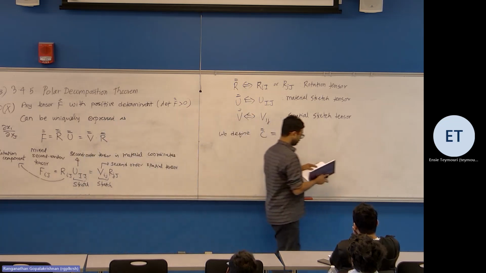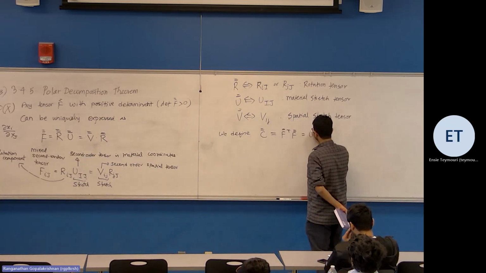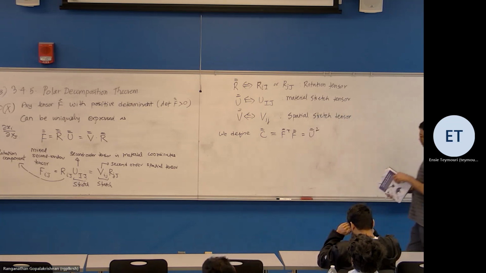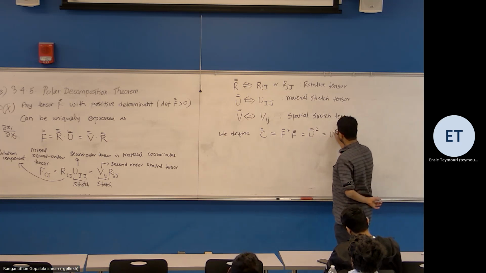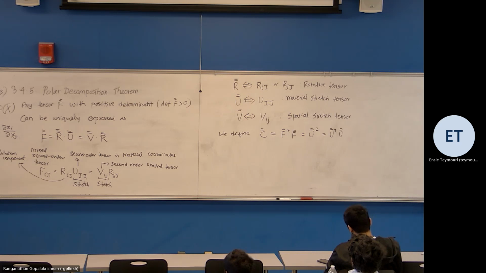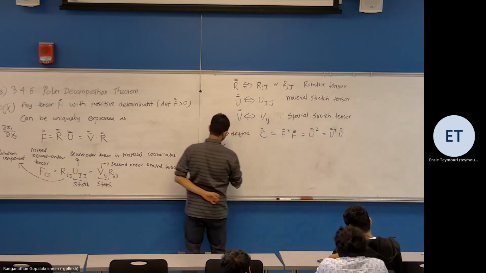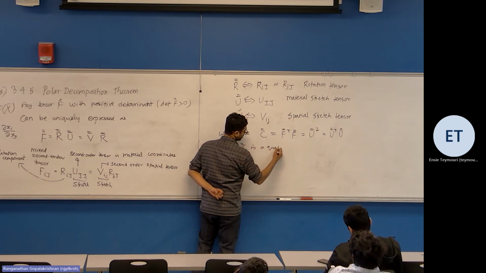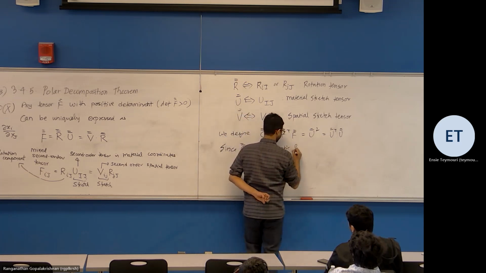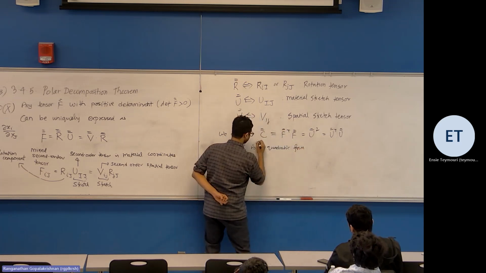F transpose times F is equal to U squared, which we can write as U transpose times U. So since C is a quadratic form,